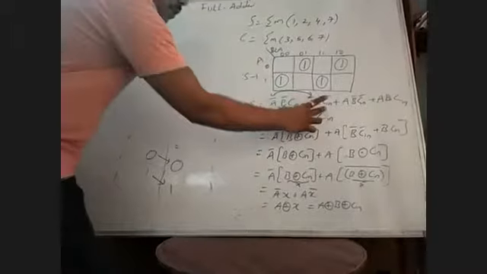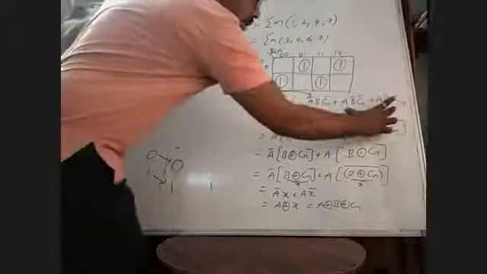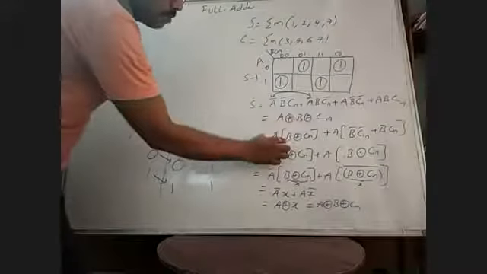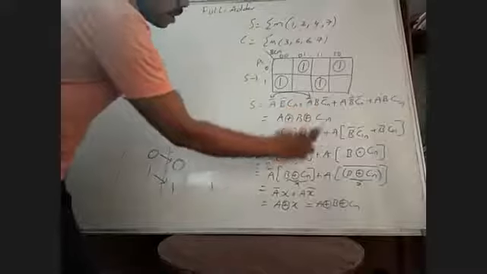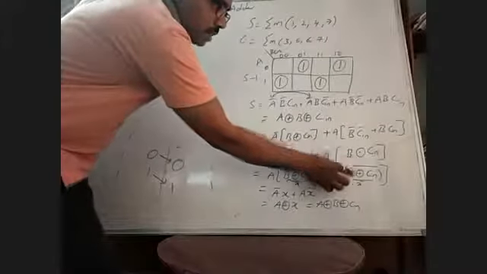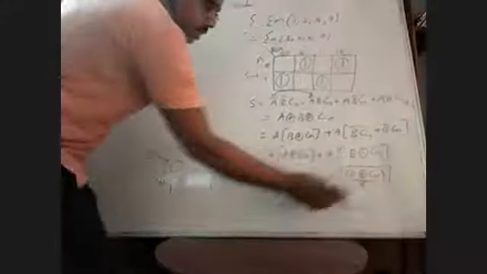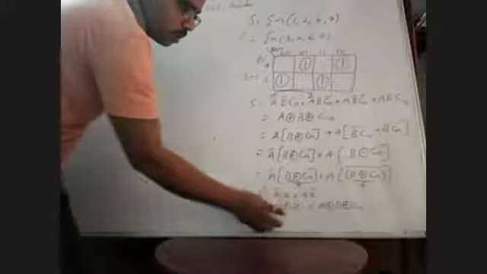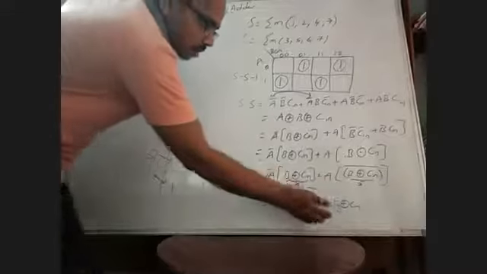That is, from the first two expressions we have taken A bar as common. In the next two expressions I have taken A as common. Here A bar is taken as common because we call this B exclusive or C in. The two terms common is B exclusive or C in. From this B exclusive or C in we can write exclusive or complement and exclusive or. We have assumed this as x and this is x bar. We can write A bar into x, A into x bar. This is nothing but A exclusive or x. What we have assumed x is B exclusive or C in, so it is A exclusive or B exclusive or C in.